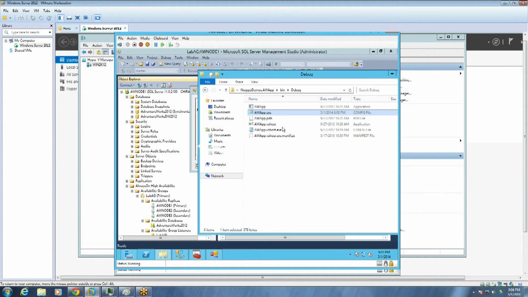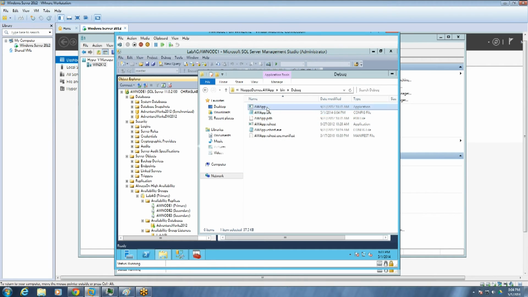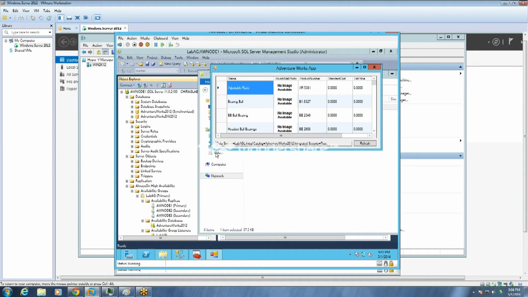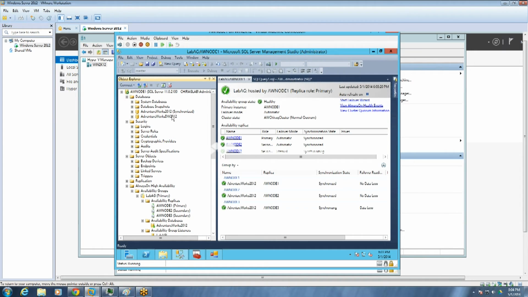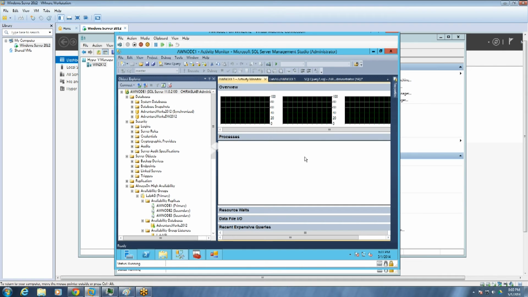Let's save it out. And let's go in the application. Let's close it out again. Let's open it, and I run it. So okay, now it's connected to the listener. And with the listener, we know that if we go in this screen and I open a new window, or I open the activity monitor, you will see the processes out there, and you will see one coming from my application.